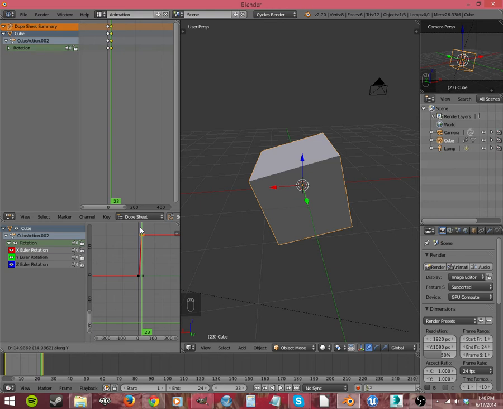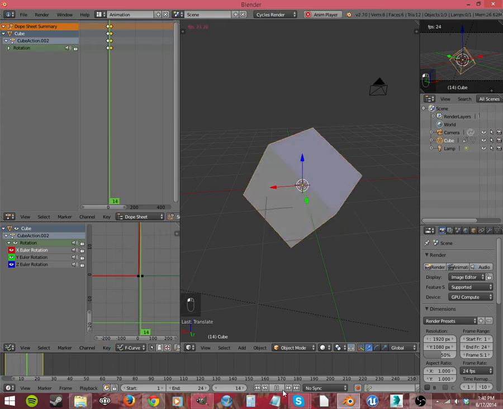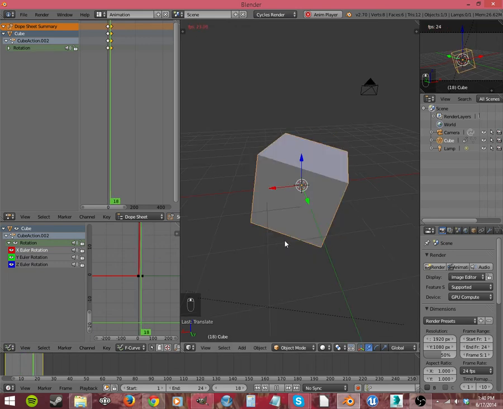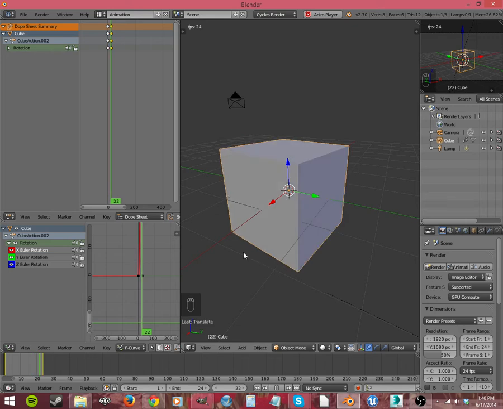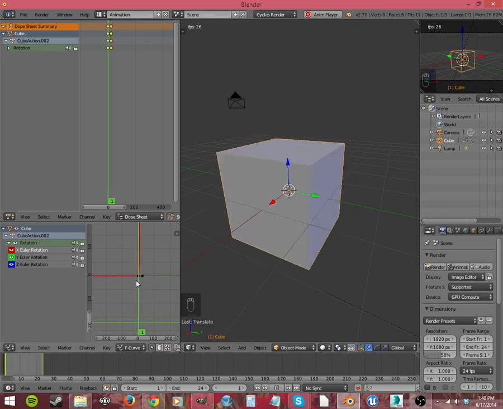Let's hit Y to constrain it along the Y, and set at 90. There we go. Now let's see. There we go. So now it's rotating along the X and the Y, or X and the Z. 90 degrees. And this one, the X,